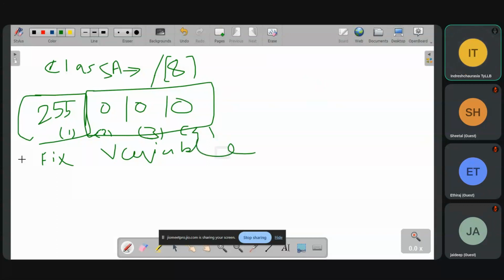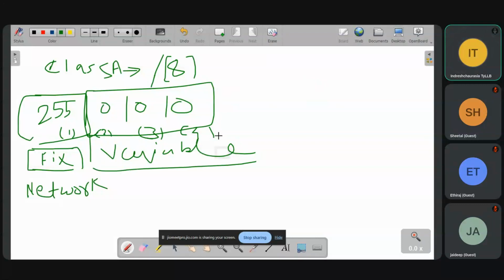When I say fixed, the fixed portion represents the network. Always remember, the fixed portion represents the network, and the variable portion, when I say variable, it means it can change. You can change all of this portion, and it represents the host.